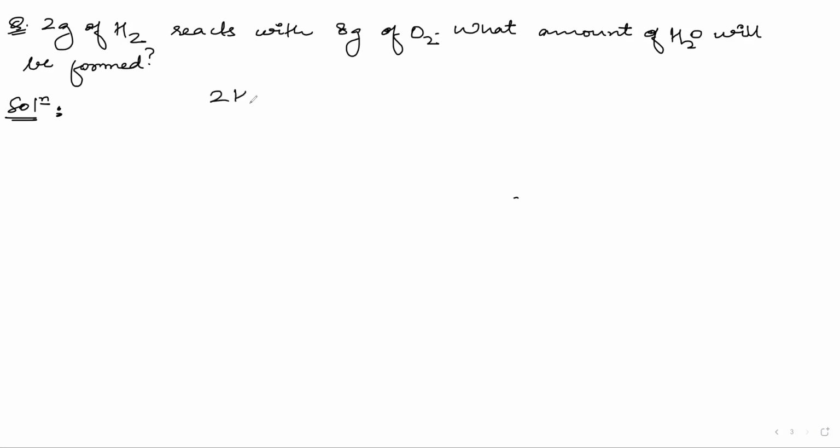So the chemical reaction is 2H2 plus O2 will give me 2H2O. Now, this is the chemical reaction we have written. Now, you will tell me, should we determine the limiting reagent in this question or should we not? Do we have to determine the limiting reagent? Okay, what is the condition? When do we determine the limiting reagent and when do we not? We have to, no? Okay, very good.